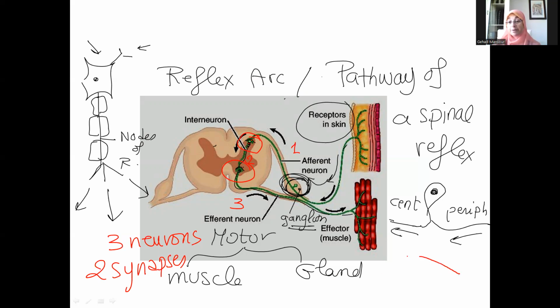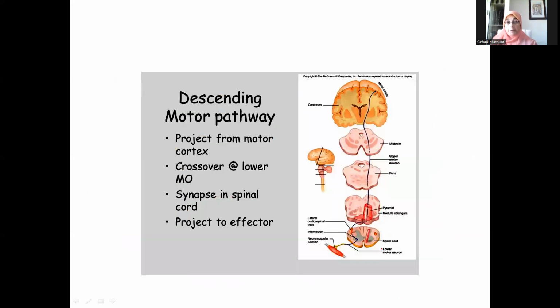احيانا الريفلكس بيبقى 2 neurons بس يعني الافرنت اهو كده وادي السباينال كورد والافرنت على طول يدي اوردر للمسل او للجلاند يعني هنا مفيش انترنيورون ده بيبقى معمول من 2 نيورونز بس وبيبقى very rapid هنا طبعا الديسندنج موتور باثواي و احنا شايفين الديكاسيشن اهي يعني this is the level of هو واخد section ادي الموتور كورتكس الفايبرز نازله on